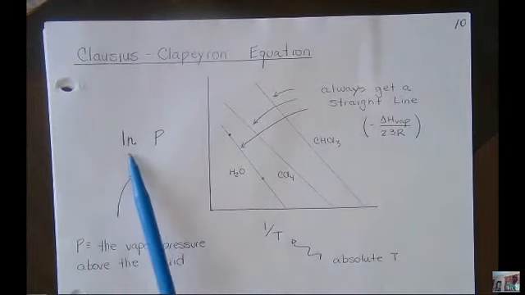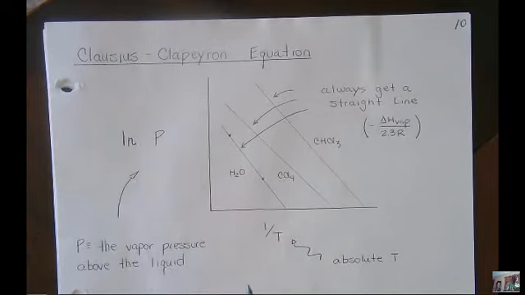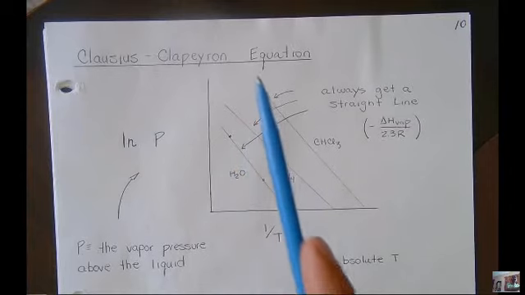So we're going to do the natural log of the pressure, and that's the vapor pressure above the liquid, versus 1 over T. Okay? For water, it's going to turn out to be lower on the graph and have a steeper slope. Now the slope is always going to be negative. These things are always going to